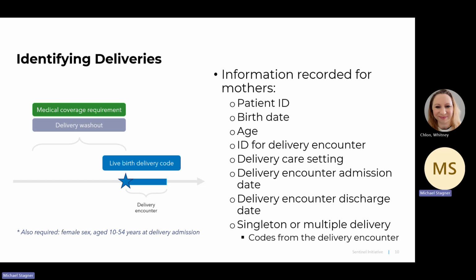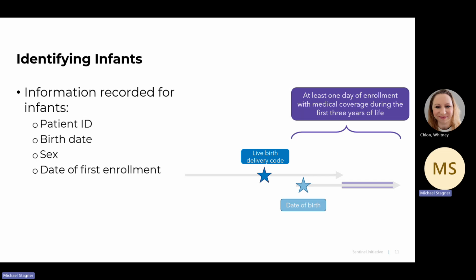And there's also requirements for the beneficiaries that can be determined as eligible to have had a live birth delivery. And that's a sex requirement, an age requirement, that sort of thing. When a delivery is determined, identified, this is the set of information that's saved away by the mother-infant identification package. And so that's one table of data that will be used to merge to the other table, which is the table of identified infants,